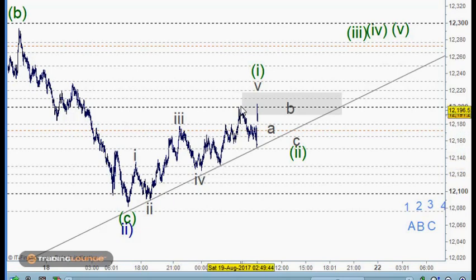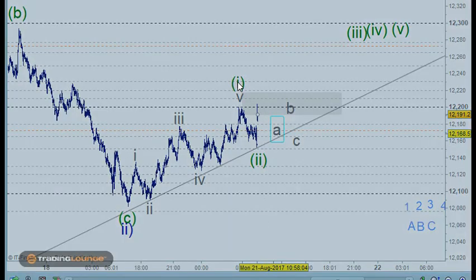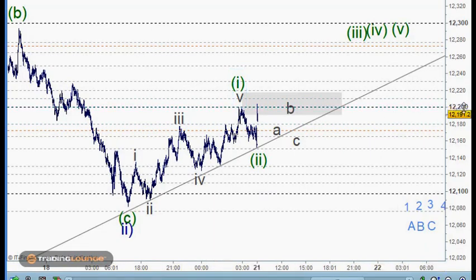So 1 and 2 and 3 and 4 and 5 here, but it could certainly be like this here. Not that it's going to make a lot of difference at this point either, because one of the things that we need to look for, as I mentioned before, is this level here, the 12,200. So I can't draw on this side over here, so it makes it a little bit difficult. But if I could use this space in here and this high here, then we have the arrival, the reaction,